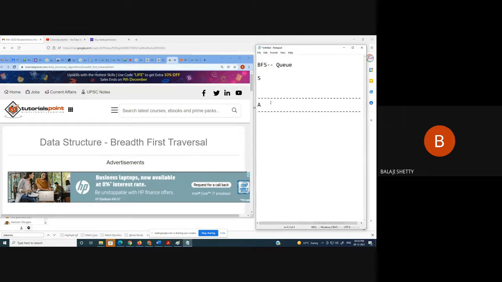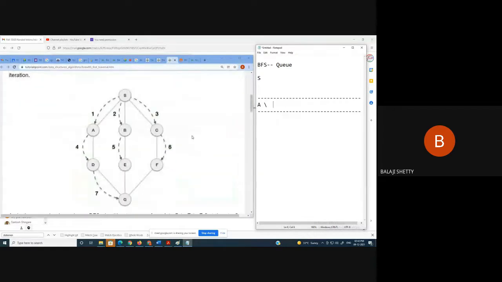So here first A is pushed, then B is pushed, then C is pushed. One thing, remember, whenever we push here, what you have to do? You have a visited flag here. You have to make the visited flag true.